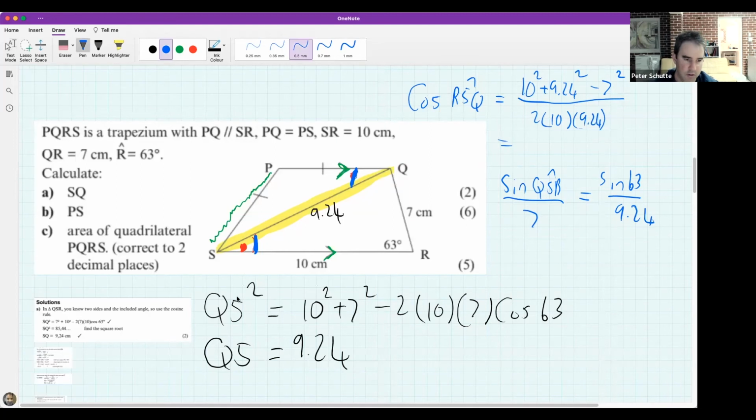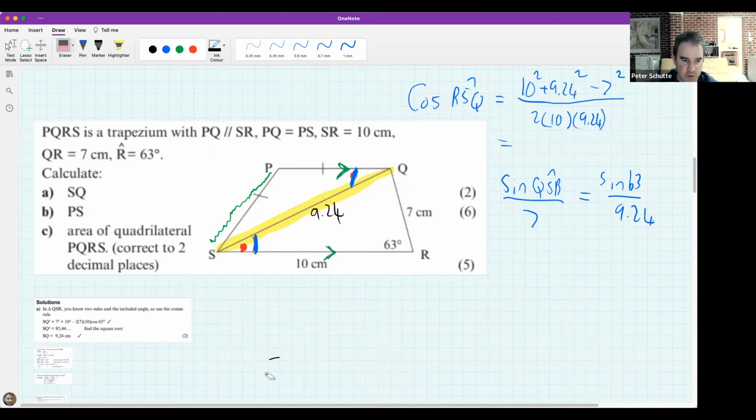I'm going to get rid of some of that working at the bottom. And I just want to confirm that even if you use the sine rule or the cos rule, you should be getting the same answer. Maybe in the chat, you can tell us. Let me just, so I get lots of 42.45s, and you're quite right, it is 42.45. So we know it's going to be 42.45 degrees,